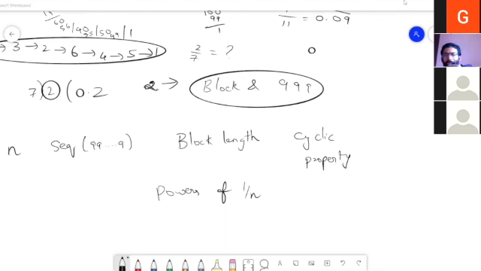If you remember one observation which Gauri ma'am made, that the block length is always a factor of n-1. That is one observation she has made. And here n-1 is 16, and the block length is 16 here.